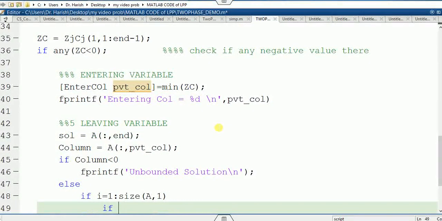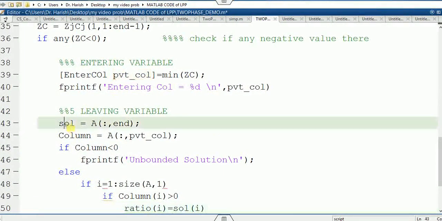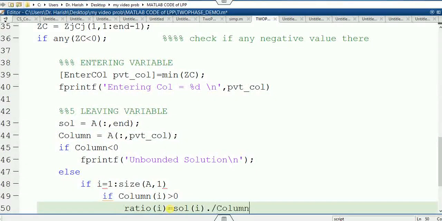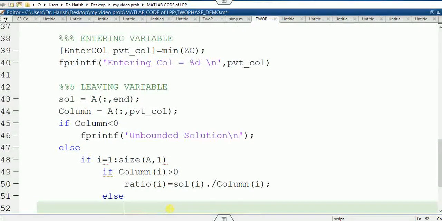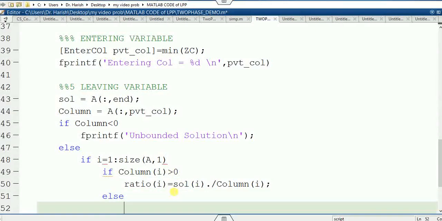If my column of the first position is greater than 0, then you have to find the ratio. I call it the ratio of i, which is nothing but my solution, this solution I have denoted by this, divided by this column, so this divided by column of i. Else, if this condition does not satisfy, it means the value is negative or zero, then you are unable to find the ratio.